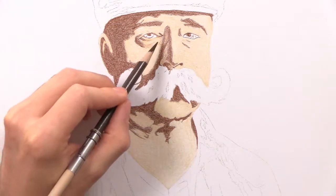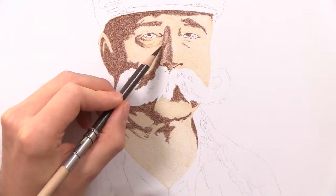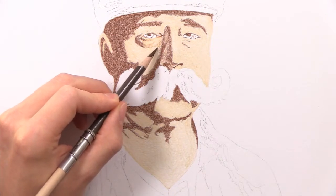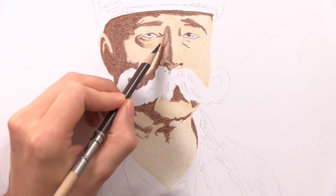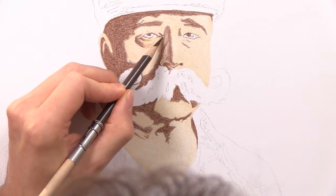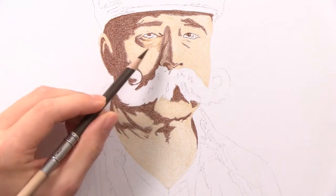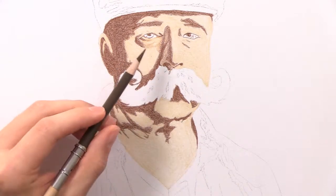So here, this part where it sort of has the hard line, this color fades into the rest of the face. So now my goal is to sort of erase this previously created line, soften that transition between this color and